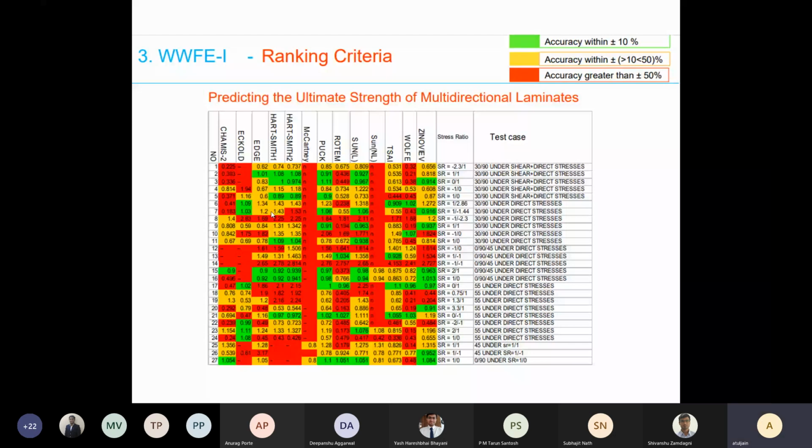Okay, what does this tell you? If you look at this table, what is your first reaction? Failure theories are not reliable. Not reliable. That's why you have to do tests at the end. Once the part is designed, you have to demonstrate your design completely by a test.